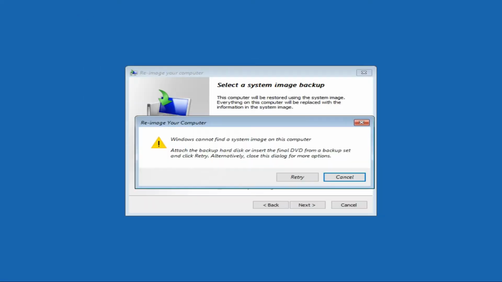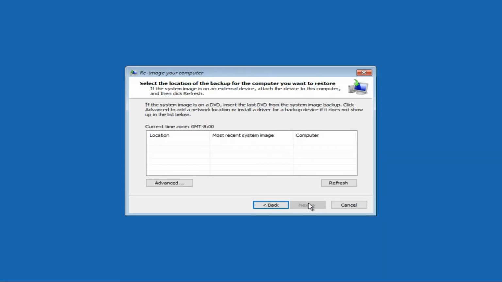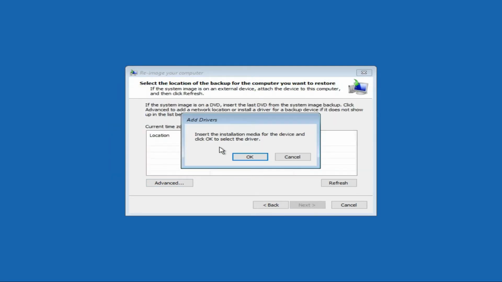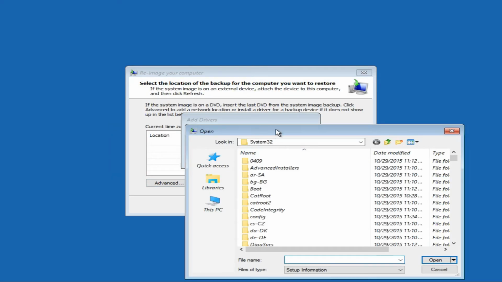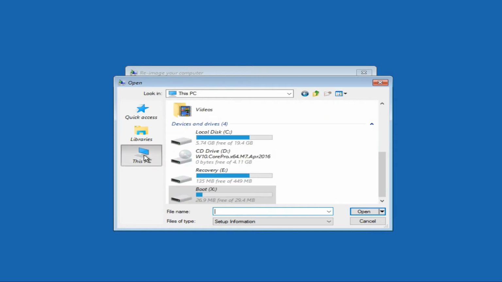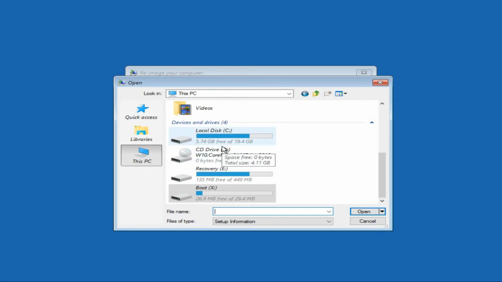Press on it, cancel here, next, then advanced and install a driver. Okay, here you have to be very cautious that it should be the C drive. Sometimes when you go to this point, the C drive letter is something different.